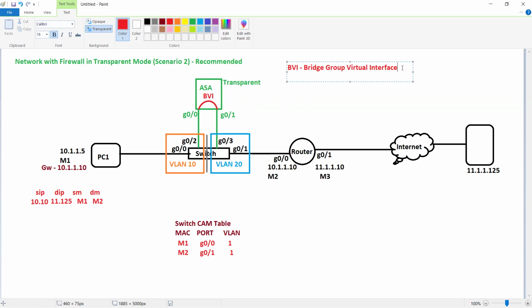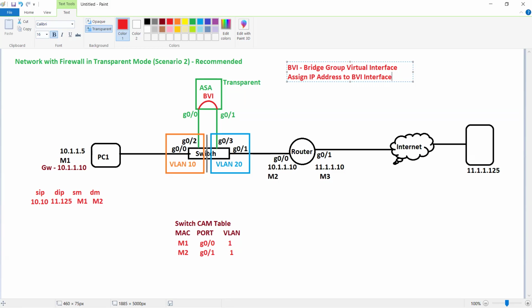And second thing, on the BVI we will assign an IP address. Whatever IP address we assign, we will assign to the BVI. Why? Because